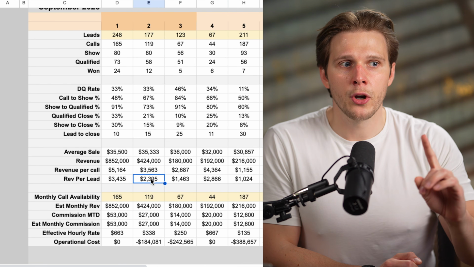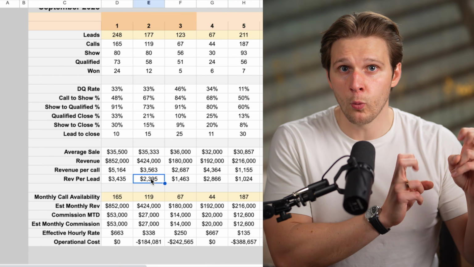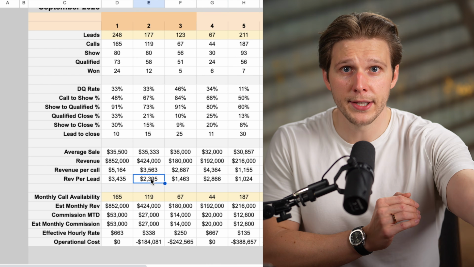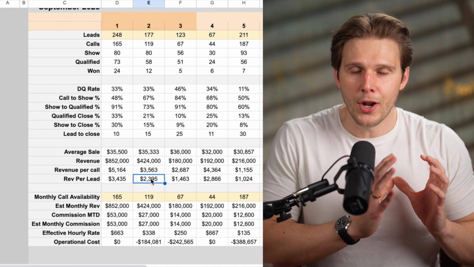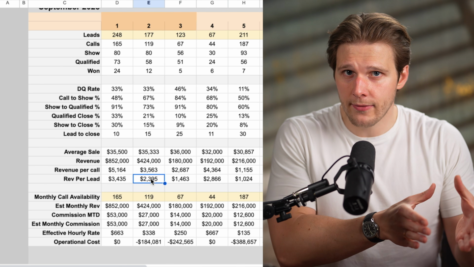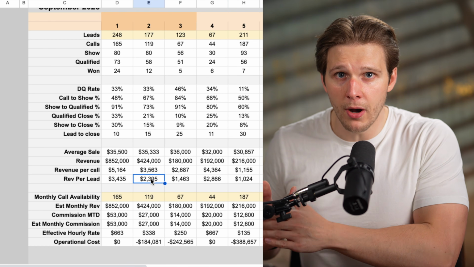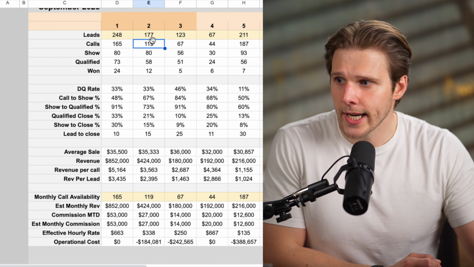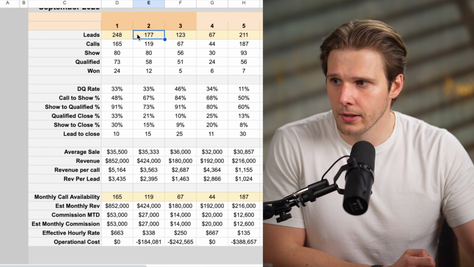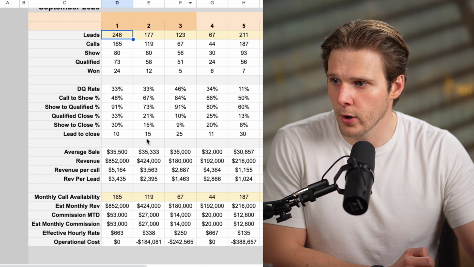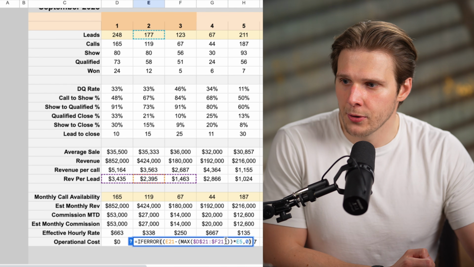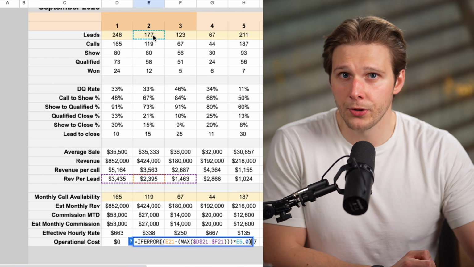But it's not just enough to know that this rep is basically wasting $1,000 per lead that I give him. It's also important to measure not just the efficiency at which he goes after leads, but also the total volume of leads he goes after. For example, he did take a few less leads and a few less calls than the biggest dog on the team right here. So this formula takes into account that $1,000 difference multiplied by the total number of leads allocated,